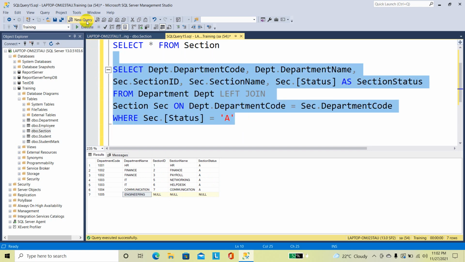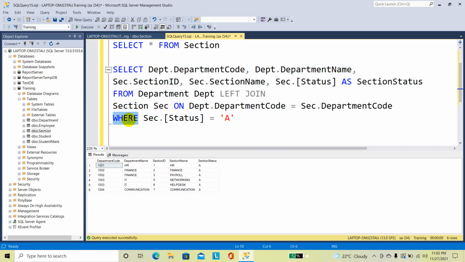I am going to select the statement and execute. Now you can see the programming section is excluded from the list. Also, the department engineering is excluded from this list, because when we give the where condition, it's a must that the section status should be active.